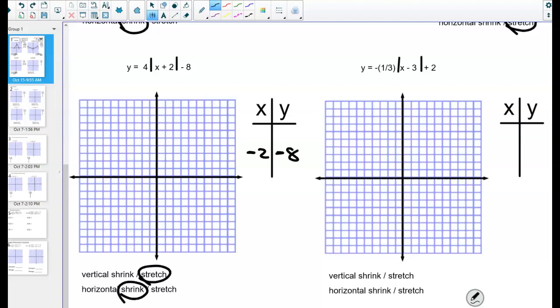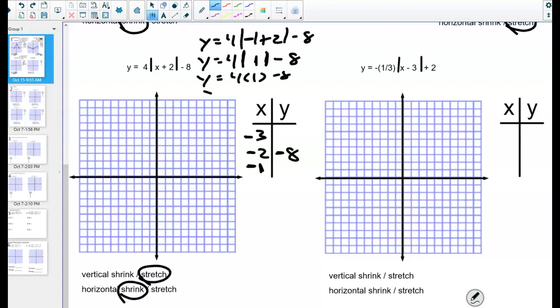I'm going to go -3 and -1. It doesn't matter which one of these two you put in. I'll put the -1 in. -1 plus 2 minus 8. The absolute value of -1 plus 2 is 1. The absolute value of 1 is 1. And 4 minus 8 is -4. And that's my y. When I plot these points, -2, -8, -3, -4, -1, -4,